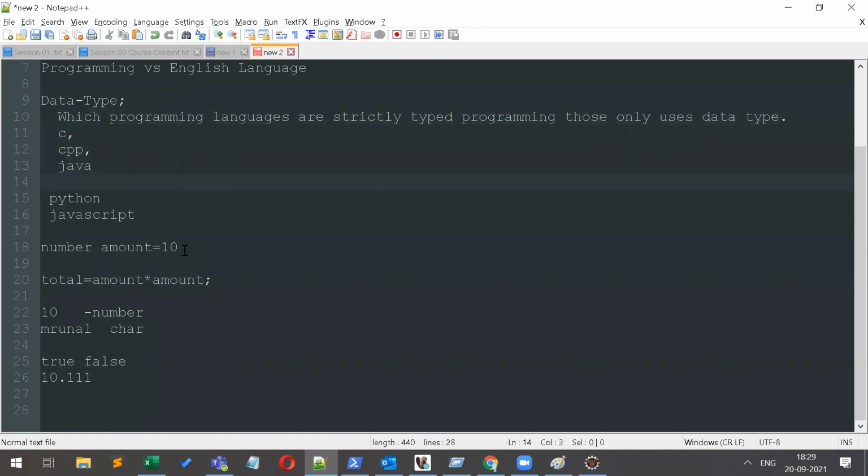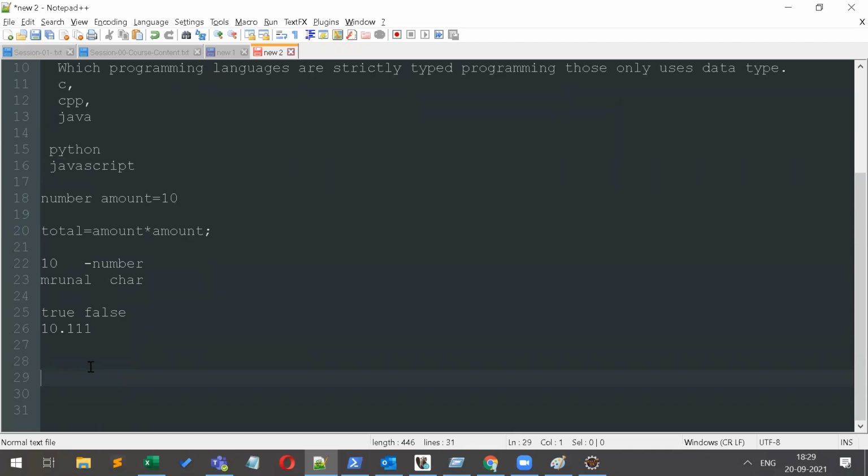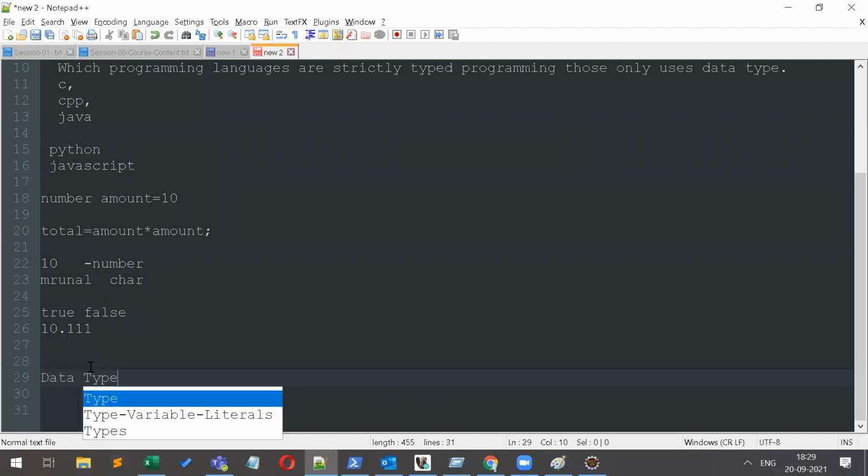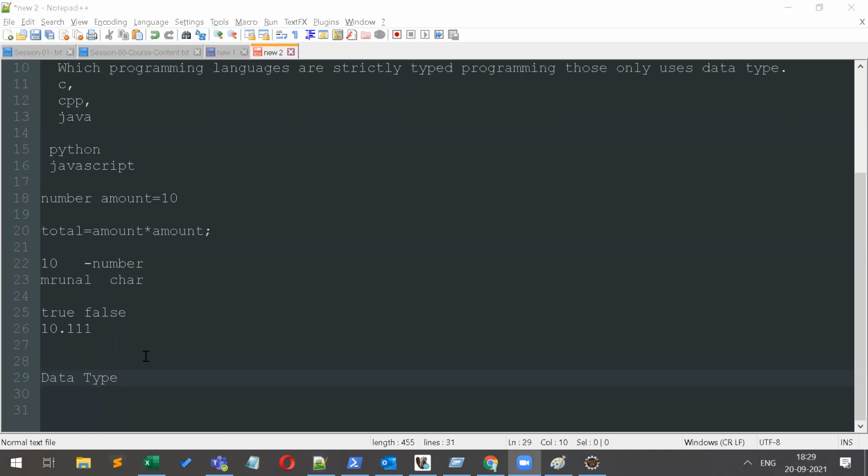Okay, so now come to the types of data type. How many types are available? There are two categories of data type. First, primitive data type.